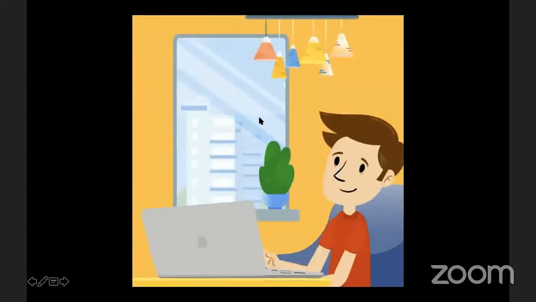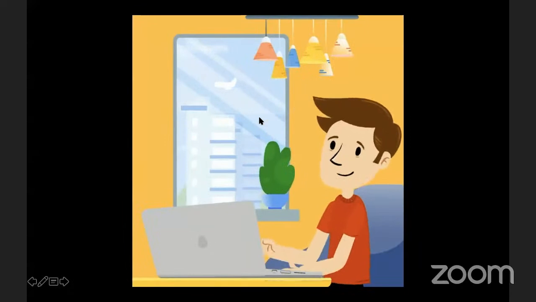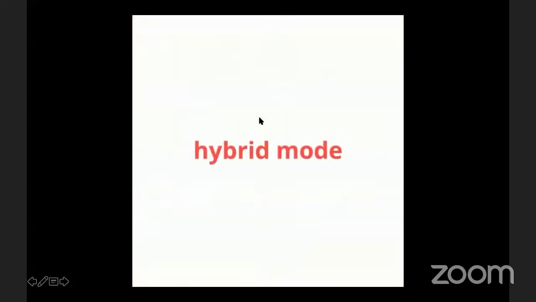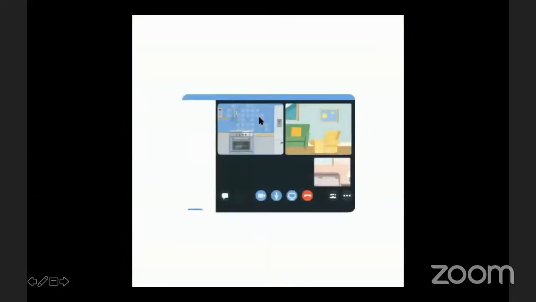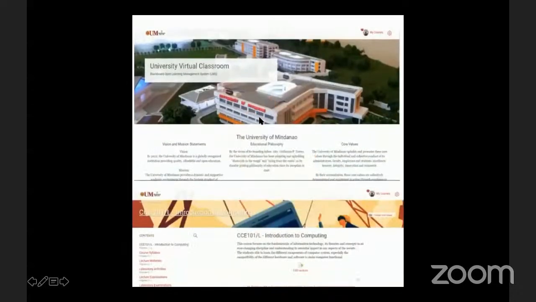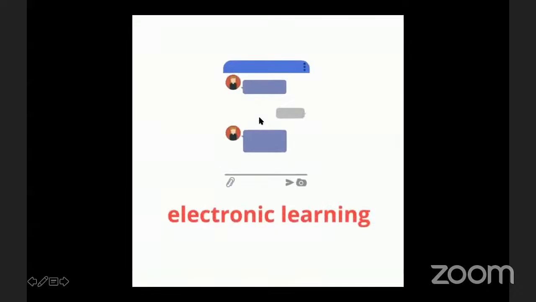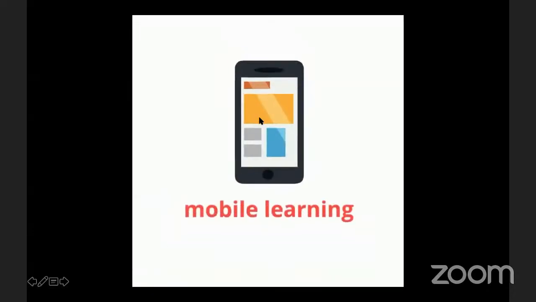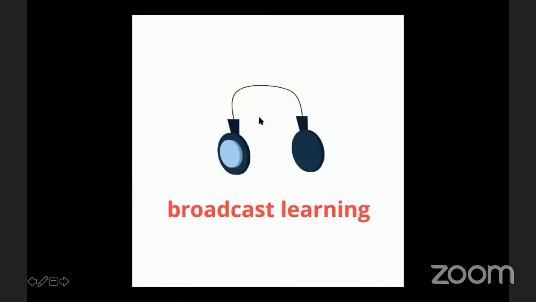As per Management Committee instruction presented in the Quality Management Council, the entire thing is designed as a hybrid mode of instructional delivery with online learning through the LMS as the primary platform during the pandemic transition. We have e-learning through email, SMS, and group chats, M-learning through smartphones, tablets, and other mobile devices, B-learning through Broadcast